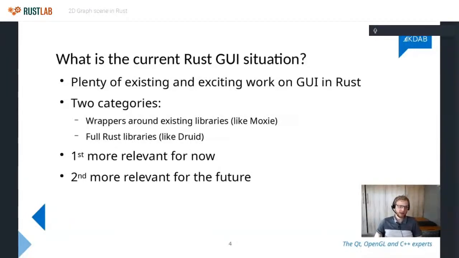Okay, so then, as I've mentioned, if you want a Rust GUI right now, if your only goal is to have your own code in Rust so that your own code is safe, and you want just a GUI, then right now you probably want to look at the first type of library.